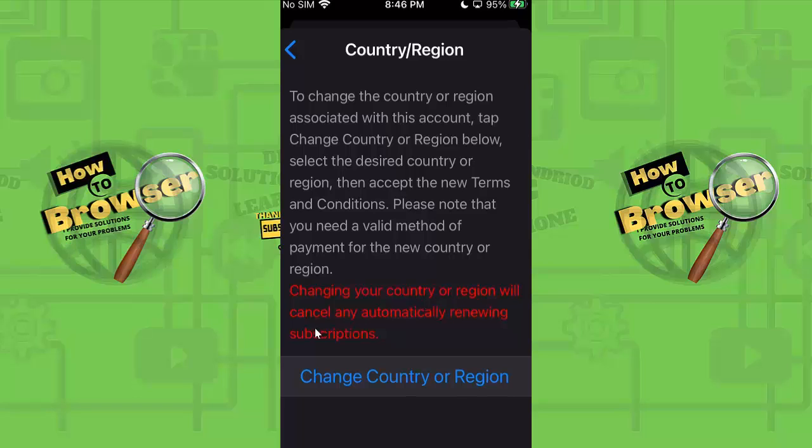Please don't forget, changing your country and region will cancel any automatically renewing subscriptions. Alright? Now please tap change country or region,